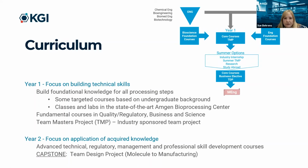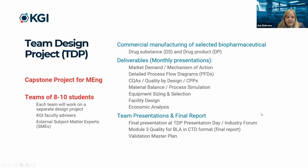So at the beginning of the year, in late August when we start, you pick your molecule, and your team gets to know that molecule well through the whole year. And by the end of the year, you've built a manufacturing plant that could make that molecule on paper, at least. So talking about the details of what's involved in that, it's a pretty extensive project. Big teams, 8 to 10 students, because there's a significant amount of work to do to cover all that upstream, downstream, drug product, regulatory, business, facilities. All of the components that we discussed as part of the curriculum are used and leveraged in building out this capstone deliverable. And you can see we do that through monthly presentations with the faculty,